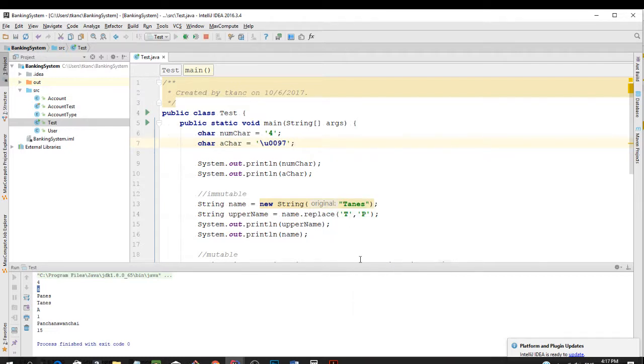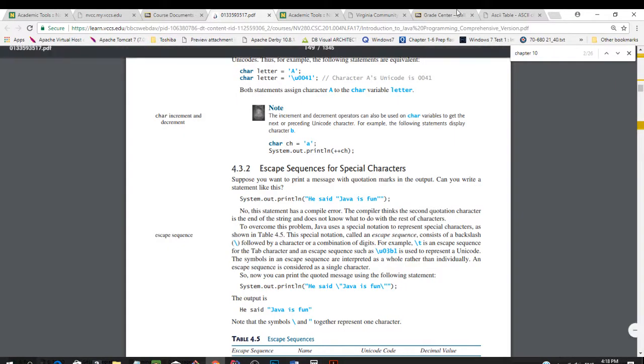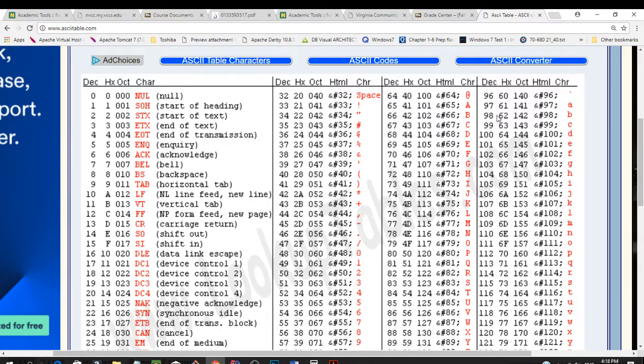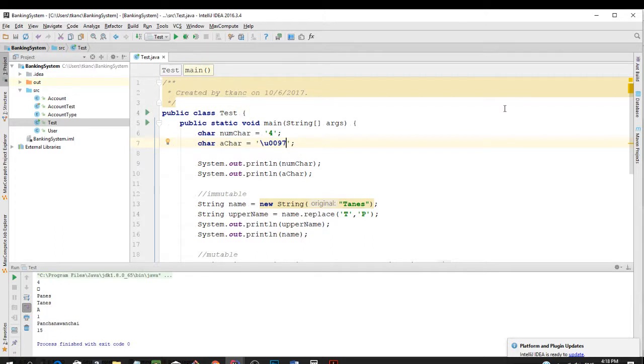Make it like more data to represent. In this case, let me check the ASCII table for binary or hexadecimal. Yeah, it's 61. Since this is going to be hexadecimal or binary numbers, we use hexadecimal to represent that. So you see 61 is A. It's no longer decimal, right? So meaning that if I want to print out a Unicode,